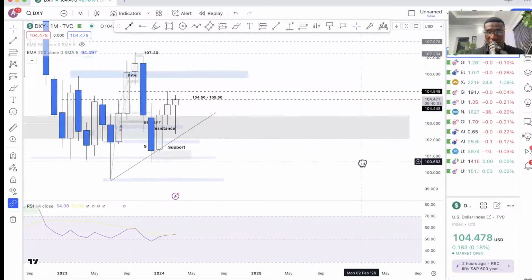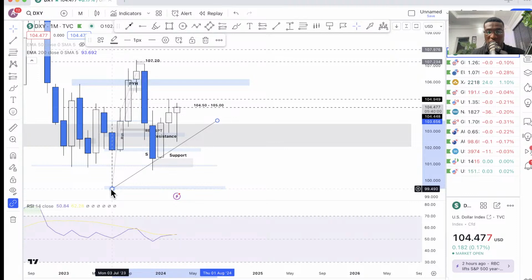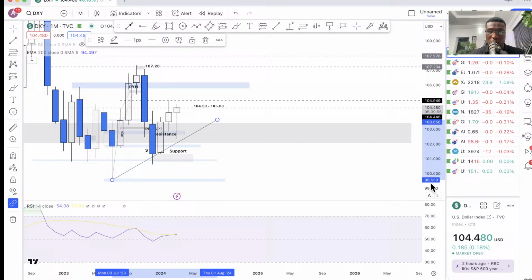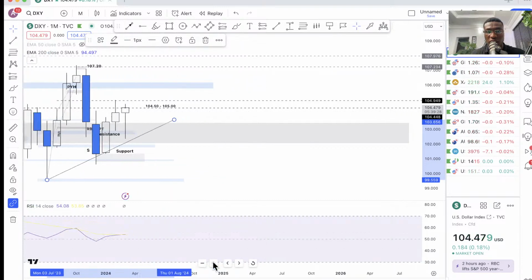what you see here is that we have our trend line support that we've drawn all the way from July last year. And what has happened since the market came down to this support is that the market retested and bounced back up. Came here in December, couldn't break below. Actually broke below but couldn't sustain the break and pushed back up. Retested again in January, didn't break below. Almost came down to retest in March, and we are seeing a sudden takeover by the bulls in the US